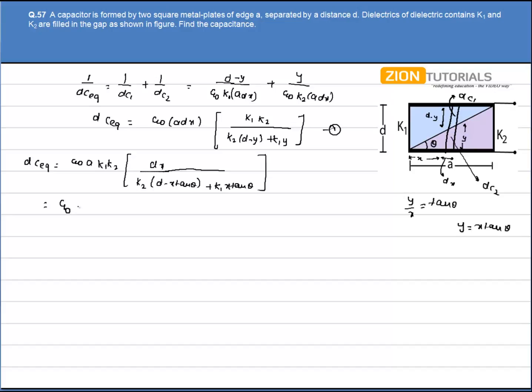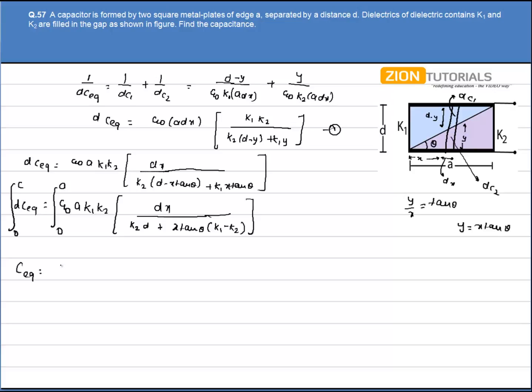Rearranging this equation, I have dx divided by K2 d plus x tan theta (K1 minus K2) for dC equivalent. Now integrating this equation, as x is varying from 0 to a, the capacitance will vary from 0 to C. So we have C equivalent equals epsilon naught a K1 K2